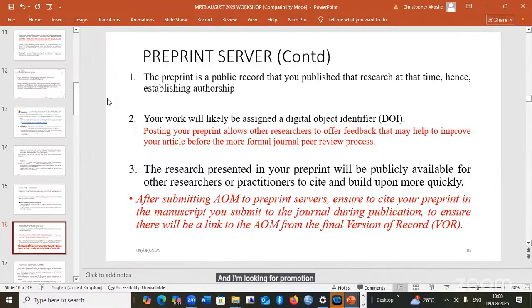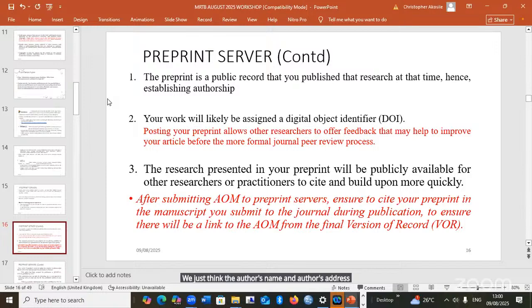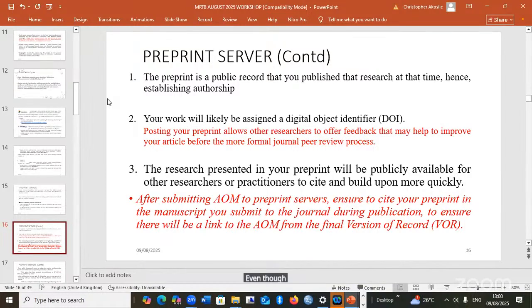They may see the work that you have sent, or a reviewer that your work has been sent to, if it's a fraudulent reviewer, may just change the author's name and addresses and things like that and send it to another journal. Even though this is not common, it's something that can also happen. But if you already have that as a public record, it's like your copyright. So it establishes you as the main author of this material.